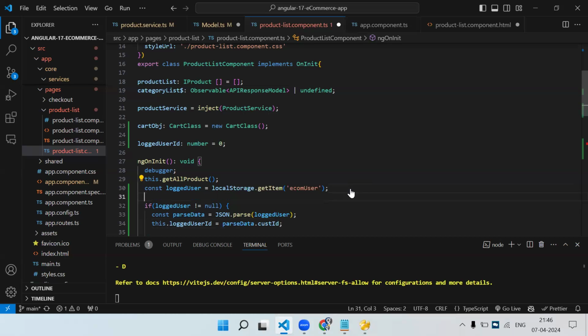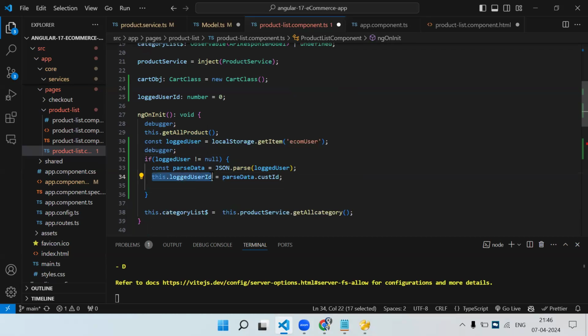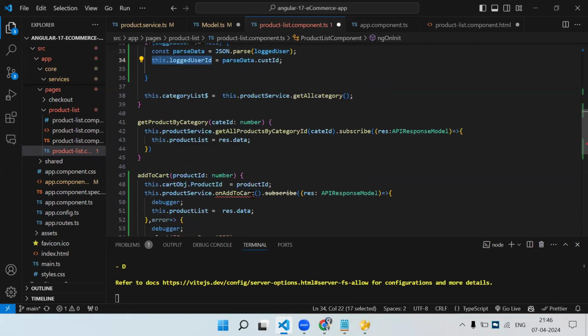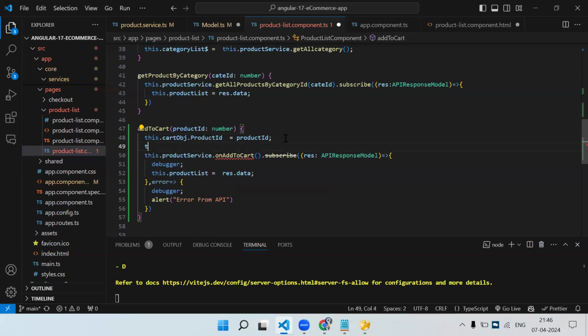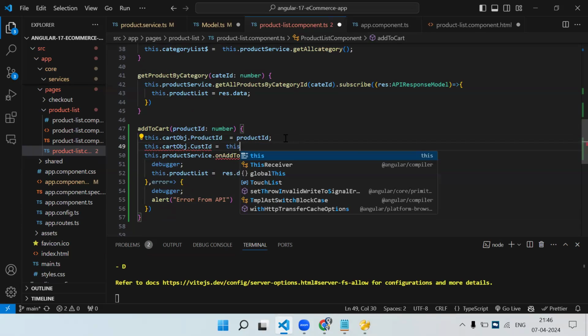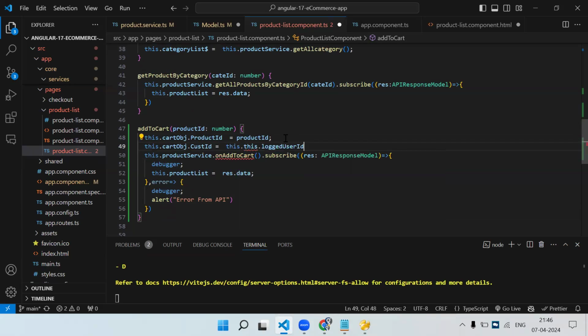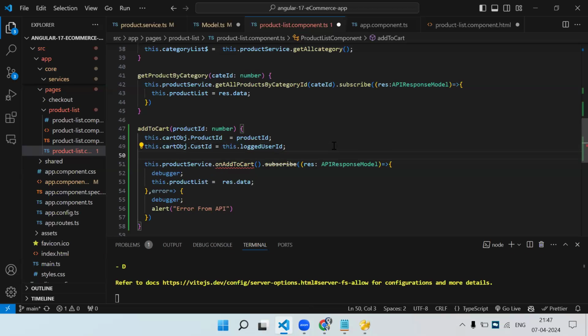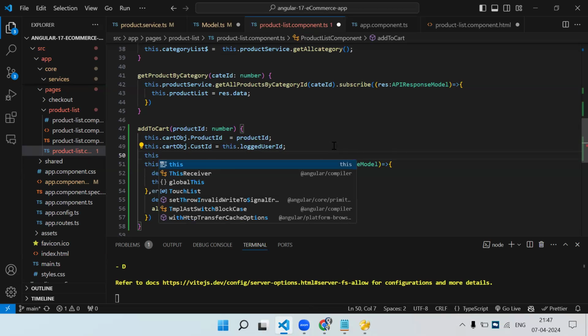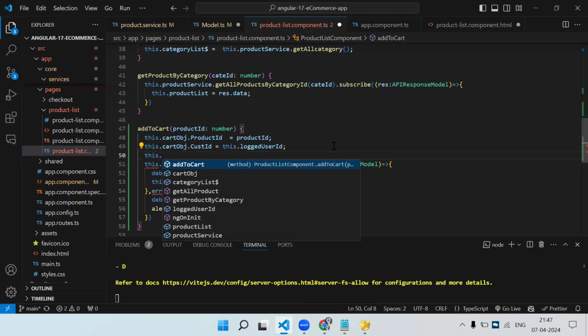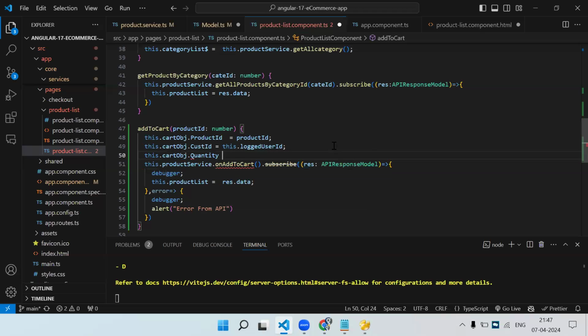Let me just add a debugger over here and let's check this code also. Now the logged in customer ID I have got into this variable, so I can use it over here. So this dot cart object dot customer ID is equal to this dot logged in user data. What else is remaining? The cart quantity. So this dot cart object dot quantity is equal to, let's say by default,